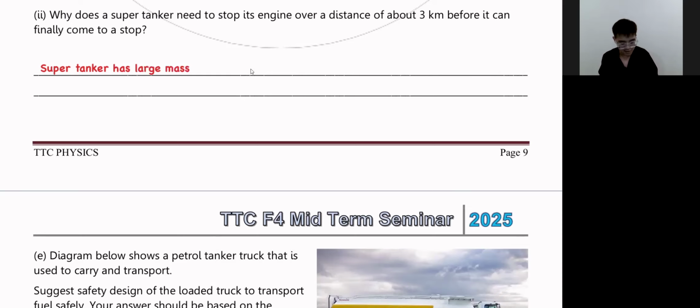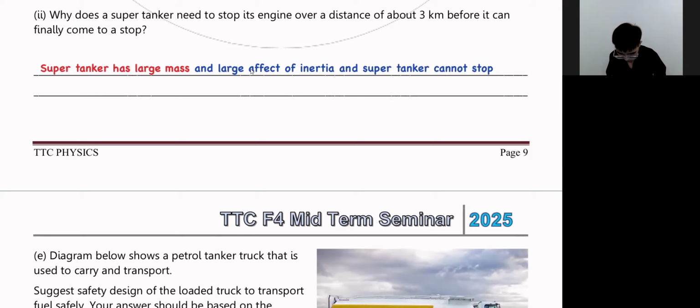Because it has large mass, it will have a large effect of inertia. Inertia means, like I said, when this object starts to move, it will be very hard for it to stop. And because it has a large effect of inertia, the super tanker